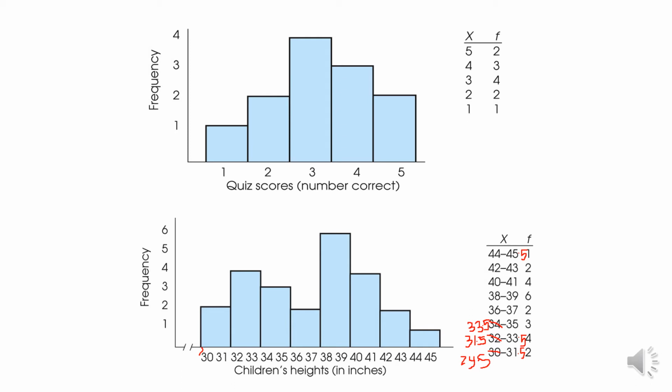Now, here the intersection between the x-axis and y-axis is called the origin. This one is 0. Now, instead of writing all the values from 0 to 30, this middle part is just skipped. That's why they have marked this sign. This sign is used if we are using a scale far from the origin. It means there is no observation from 0 to 30, or 0 to 29.5. That's why we are not showing this part.